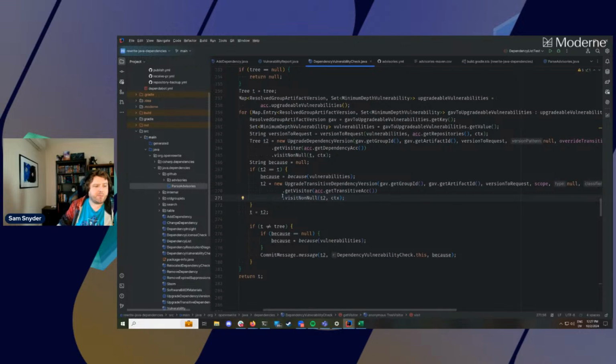And we repeat the same process of checking if upgrade transitive dependency version made any changes, so that we can say, hey, if changes were made, then a dependency upgrade was successful, and the set of vulnerabilities that were addressed by that upgrade can be recorded as fixed.